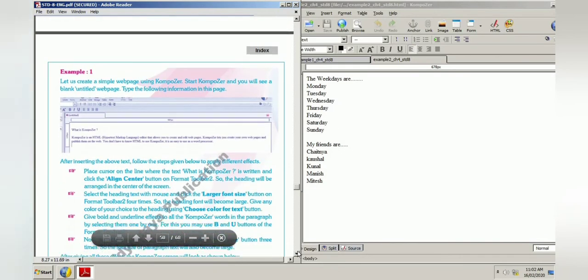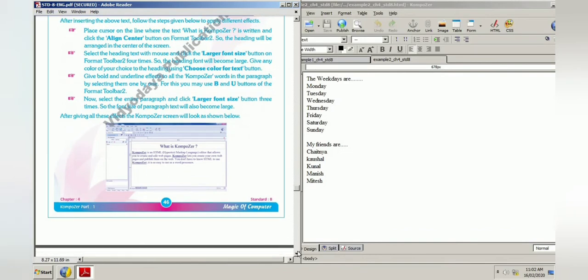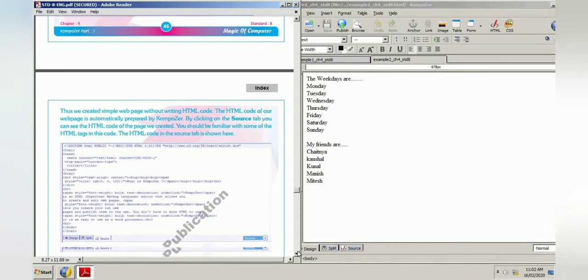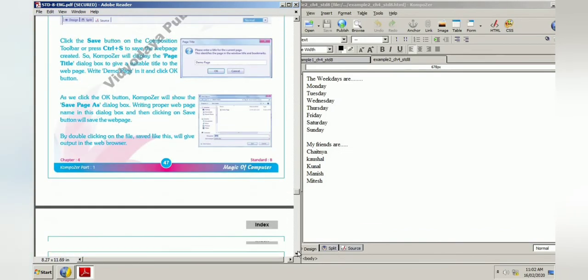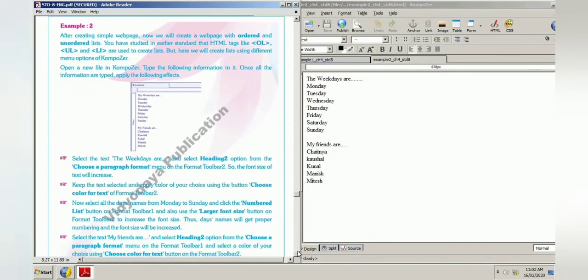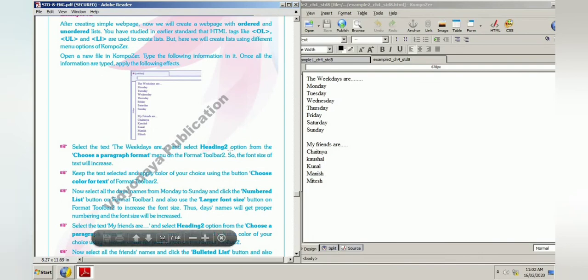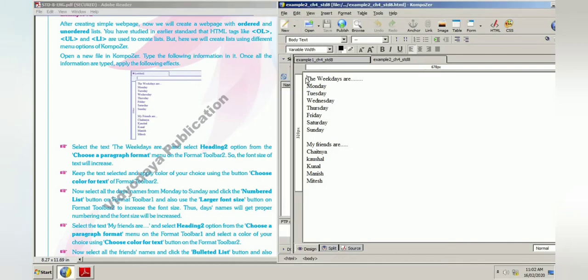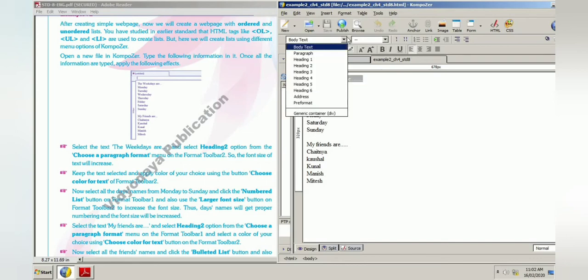So now we will see what are the changes we have to make in our example 2. First select the text "weekdays are" and select the heading 2 option from the choose a paragraph format menu of the format toolbar 2.